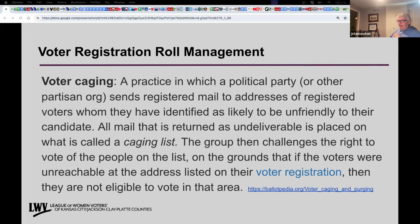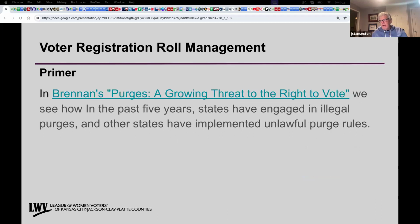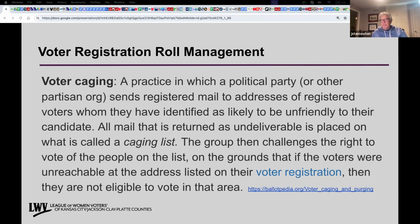Given all the information about the accuracy of elections, and I guess I should say inaccuracy of elections, and activism spawned by such claims by political parties and partisan organizations, the practice of voter caging has developed. What this is, it allows multiple challenges to the registration of individual voters. Voters identified as unfriendly or unfavorable to a candidate or an issue are sent registered letters, which, if returned undelivered, will later result in a challenge to that voter's registration for not maintaining an address within the jurisdiction. So you have voter purging and voter caging, both of which can result in the removal of potentially eligible voters